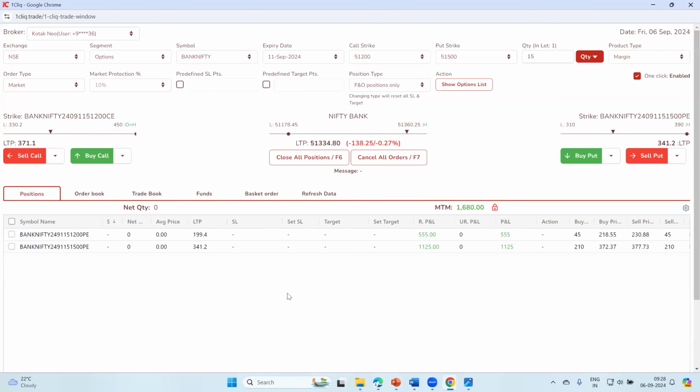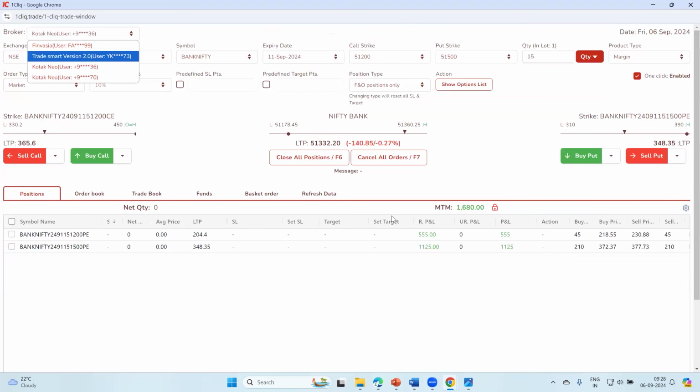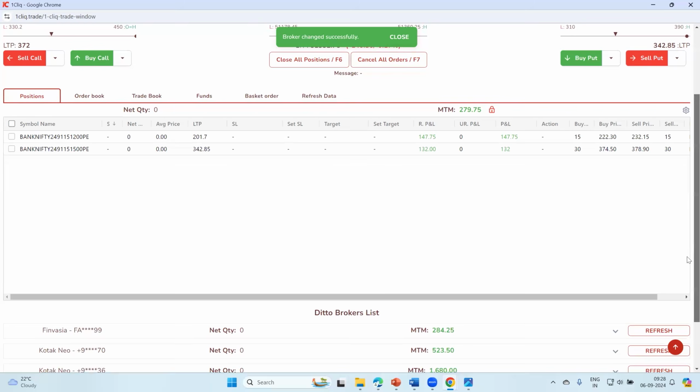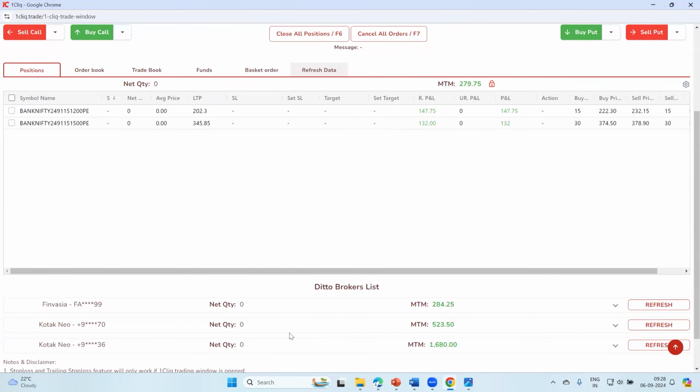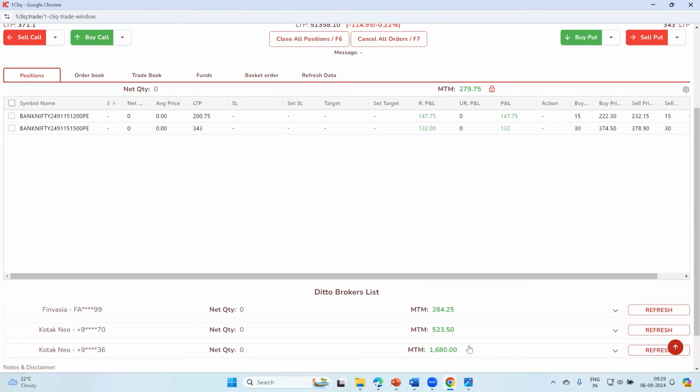But sometimes what users tend to do is they have only 5 lakh in all accounts and they would have placed 1x, 2x, and 3x. In that scenario, the orders will go based on the 1x, 2x, and 3x. The first time itself, it will buy 1x here, 1x here, 2x here, 3x here. Then the subsequent orders will not get added. Why? Because you do not have sufficient capital in the tertiary or the secondary broker, so those orders will not get placed. Even when you are closing the positions, you will not be able to close all the